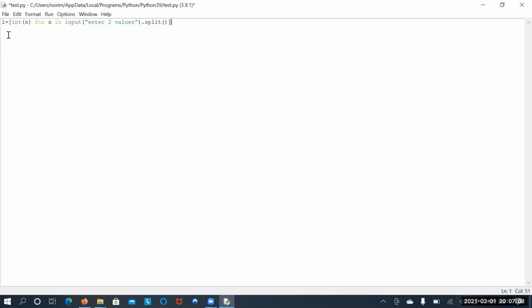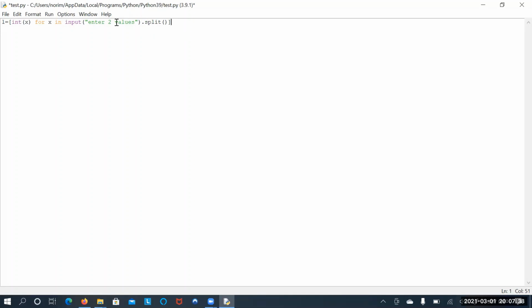Okay, so here I have taken it like this. What happens after entering 2 values? Those values have been typecasted and changed to integer format, and I have assigned those values to my L. That means L now contains these 2 input values in integer format.